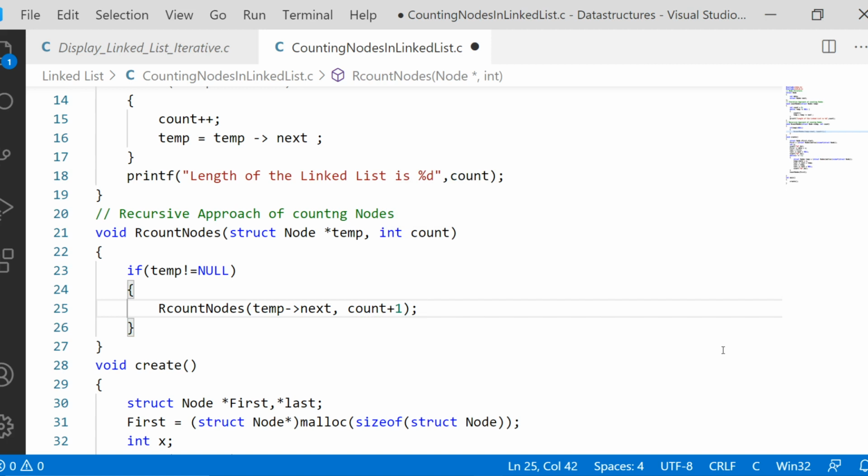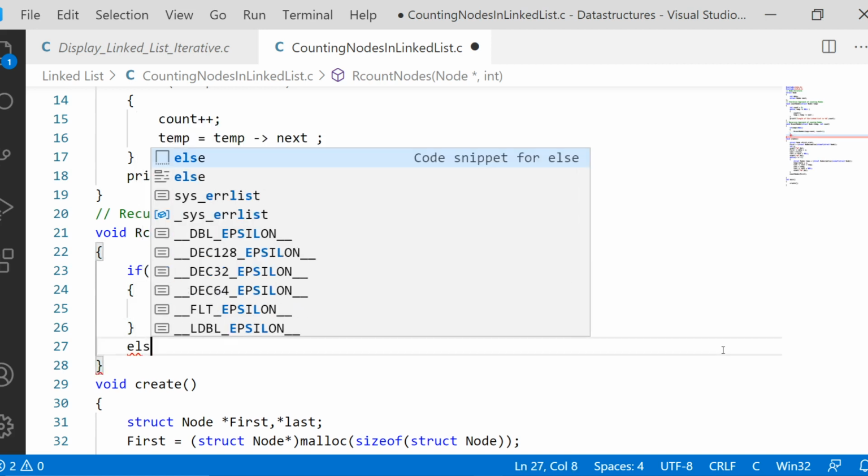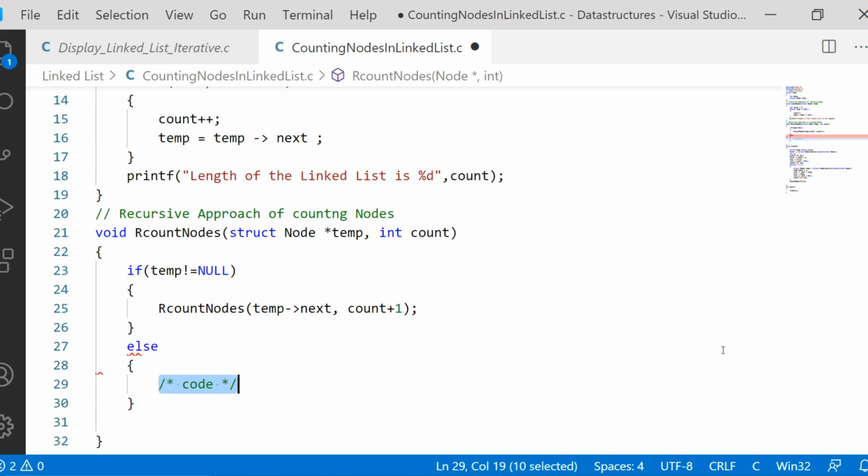Now let us enter into the else condition. If this condition is true, then you keep on recursively calling this function, which will move you from one node to another node, and also it will be counting the number of nodes.